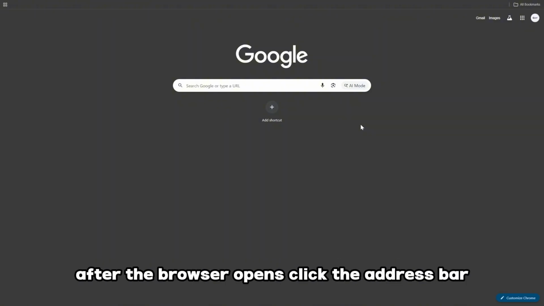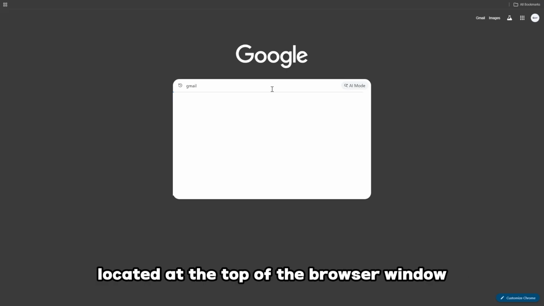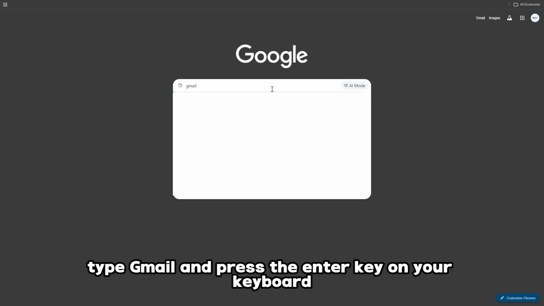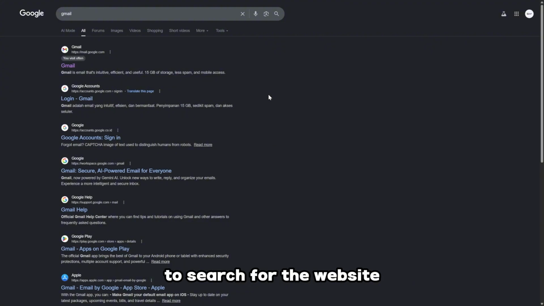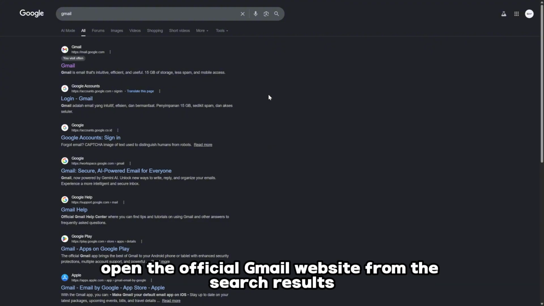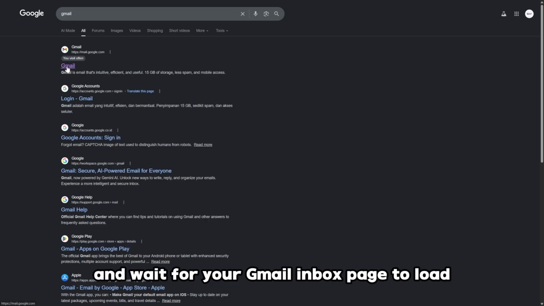After the browser opens, click the address bar located at the top of the browser window. Type Gmail and press the Enter key on your keyboard to search for the website. Open the official Gmail website from the search results and wait for your Gmail inbox page to load fully on